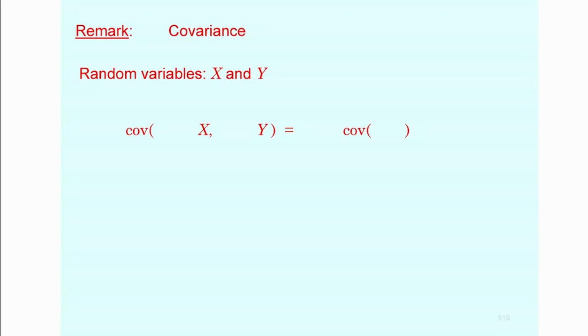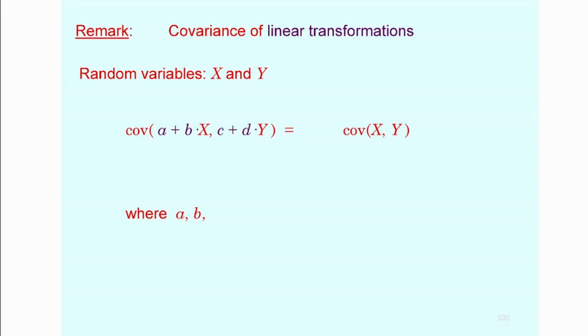I'm going to look at some properties, for example, based on linear transformations. So how would you consider a covariance of linear transformations? Keep in mind both variables are subject to a linear transformation respectively. What is worth mentioning is that the covariance of the linear transformations does not depend on additive constants. It only depends on the multiplicative ones. When you look at the mean of the products minus the product of the means, you can confirm that relatively easily.